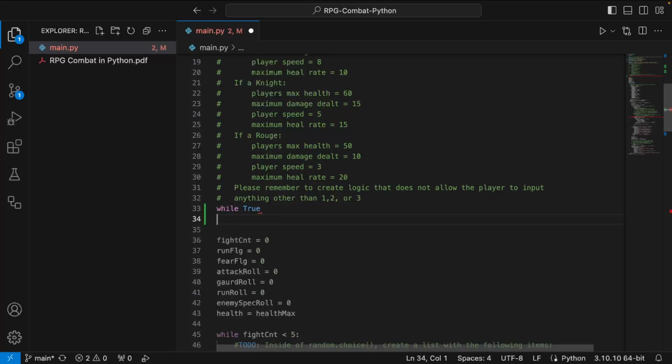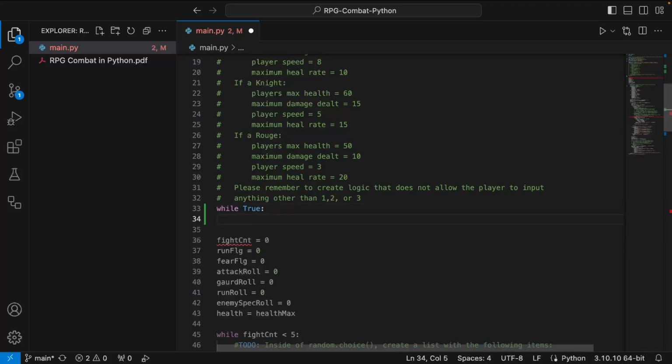Now, when you're scoping, and the word scoping means keeping your variables and your data contained to a single block of code. When you're scoping in Python, indentation is important. Meaning, if I want things to be inside the while loop, I gotta give it a tab. Does that make sense? So while true, oh, and there is one more thing I forgot. We need to make sure we always put our colon there. Okay.